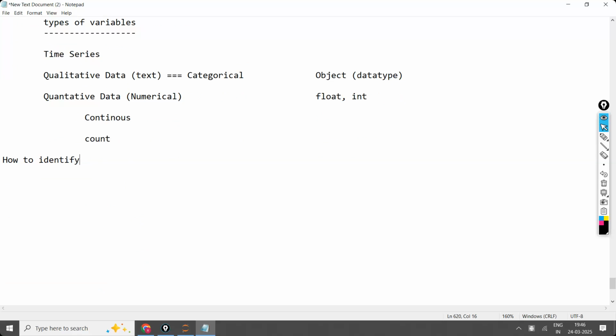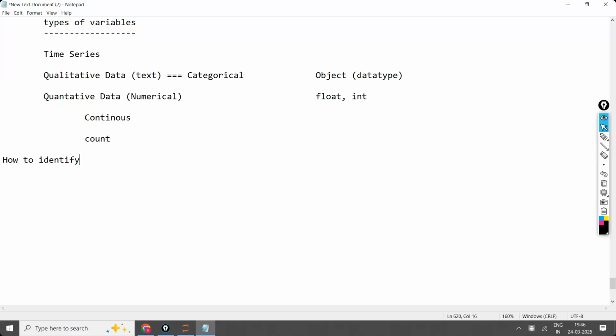If you open the steps involved, open that one. I asked you to write it separately on the last page. Do you remember? Steps involved in the data analytics project. In step number 2, data exploration, you have to identify which variable comes under which category, whether it is continuous or discrete or count or anything, and you have to make a separate list.